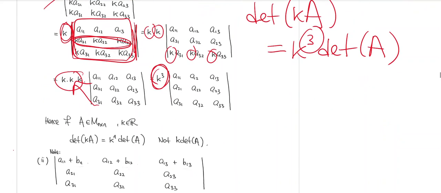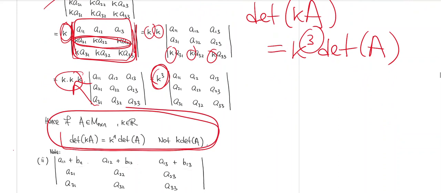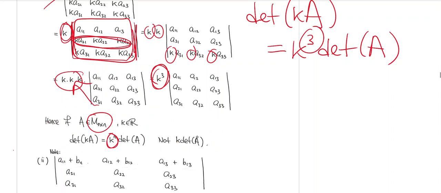And also from here, you see that in general, if you have an n by n matrix, you have to take the k out n times, each row at a time. So you have k to the power of n times the determinant of A. It's definitely not k times the determinant of A. So it's not this, but in fact, it is this. All right. Now, another property